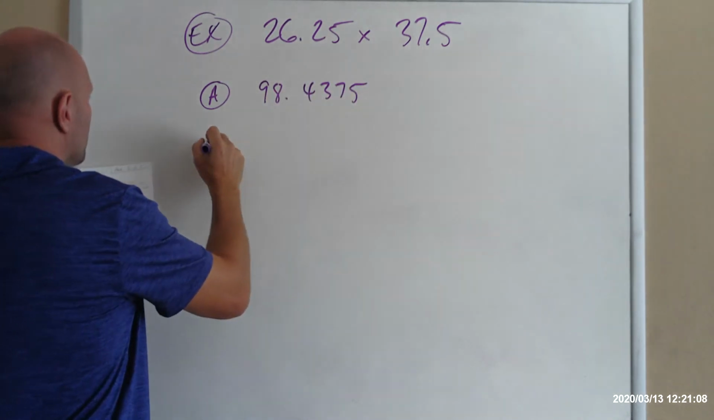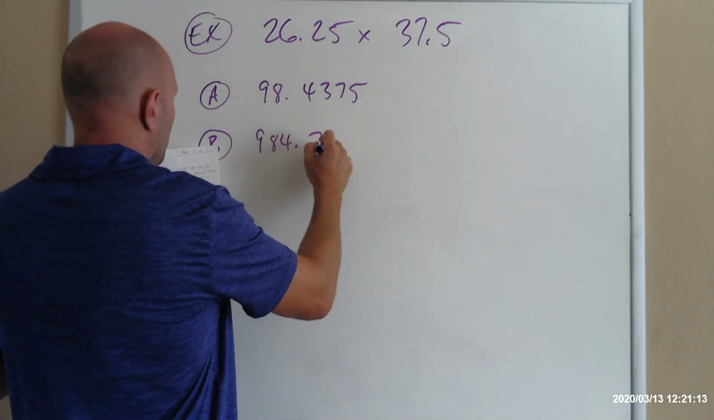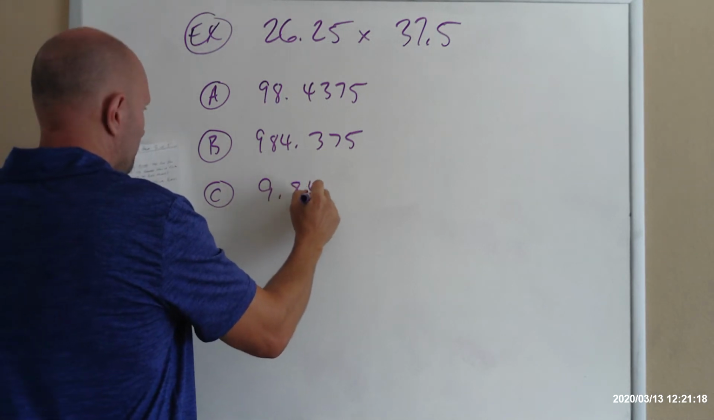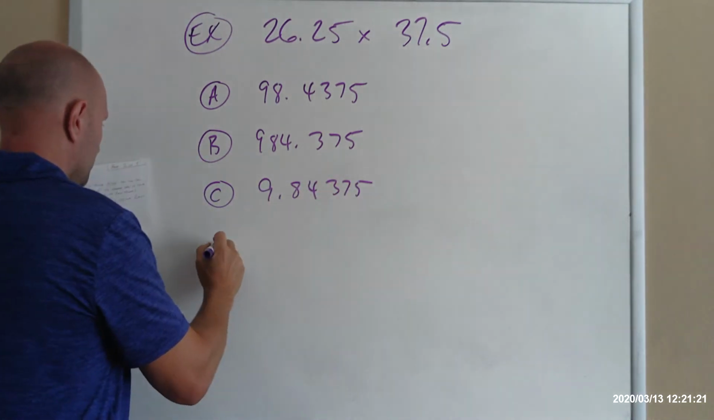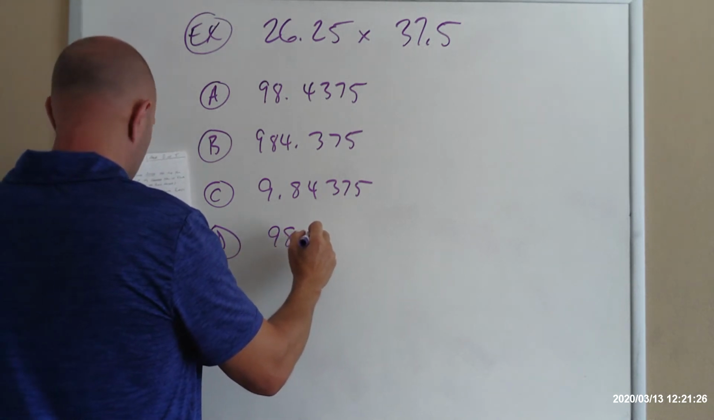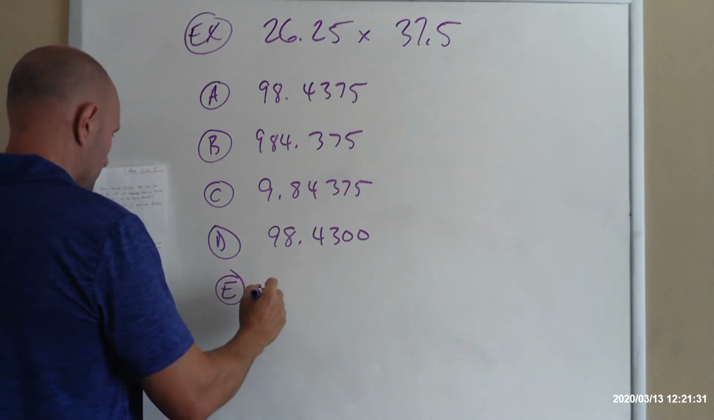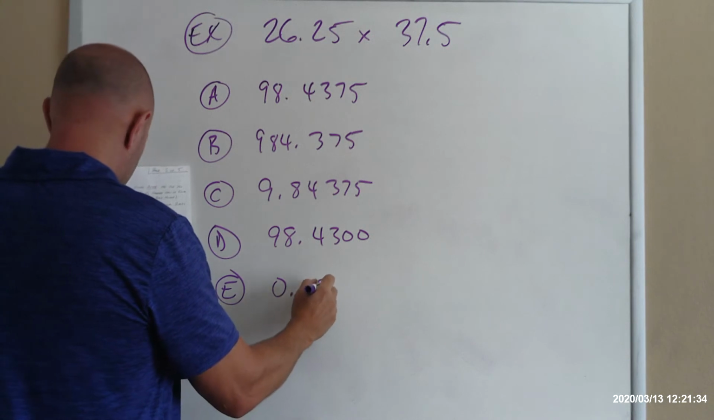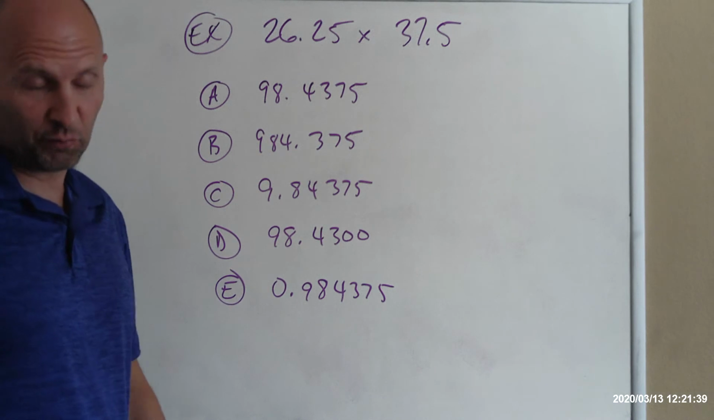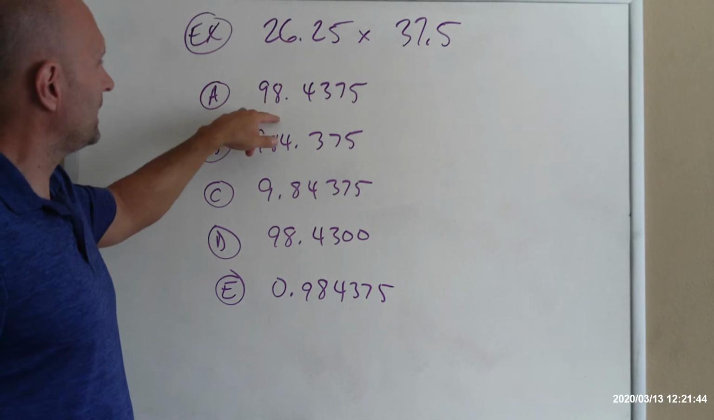A, 98.4375, B, 984.375, C, 9.84375, D, 98.4300, and option E, 0.984375. So my guess is, without doing this on the calculator, if you multiply these out, you're going to get